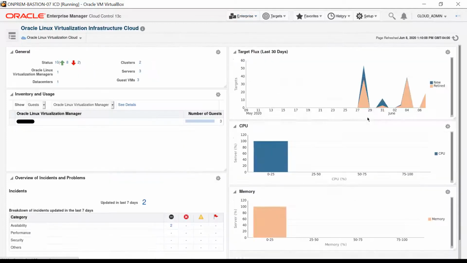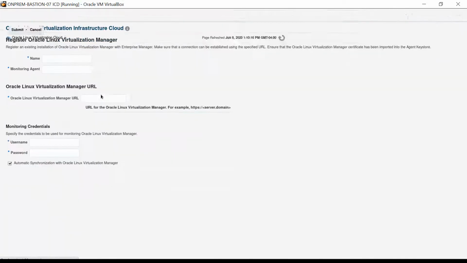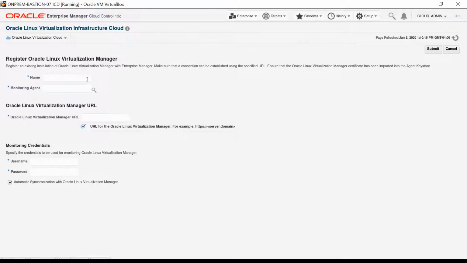The Oracle Linux Virtualization Infrastructure Cloud portal appears, and as seen here, it already hosts one Oracle Linux Virtualization Manager server. Click on the Oracle Linux Virtualization Cloud menu, then click on Register Oracle Linux Virtualization Manager. The registration interface appears. Provide a name to help you quickly identify the manager. I enter